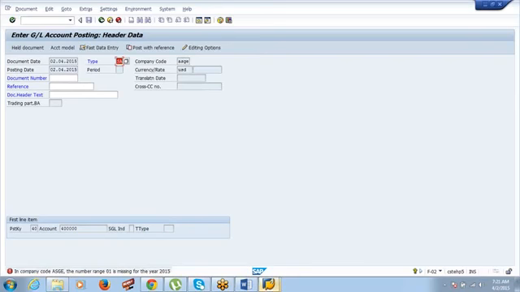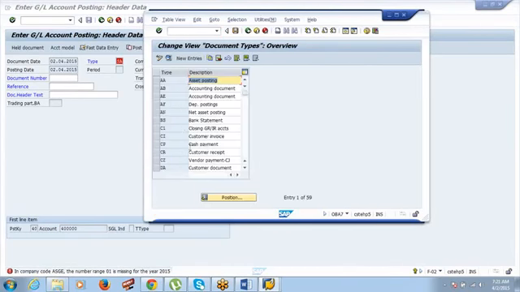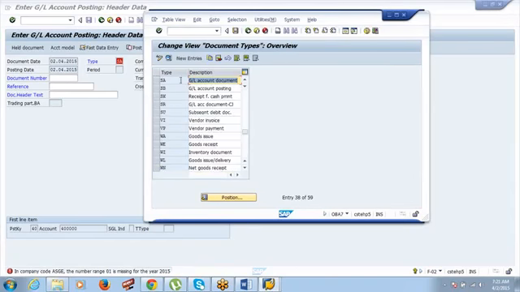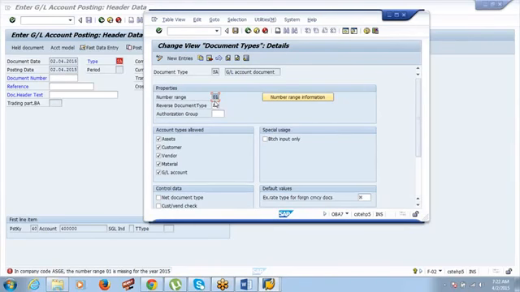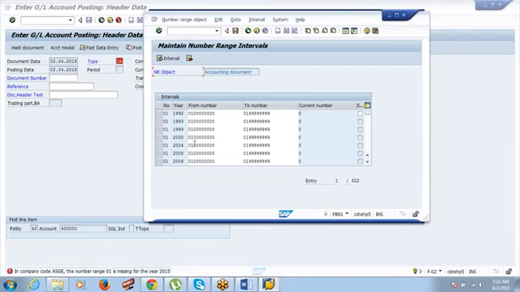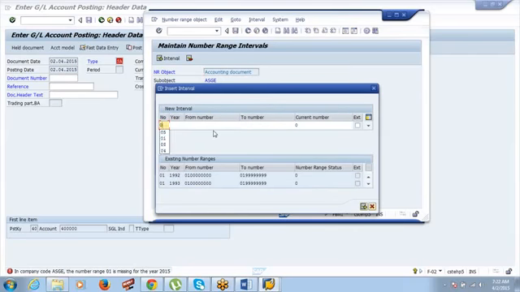There is some point here in the server where someone has changed the standard interval. Okay, number range intervals is missing here. Fine. Anyway, so